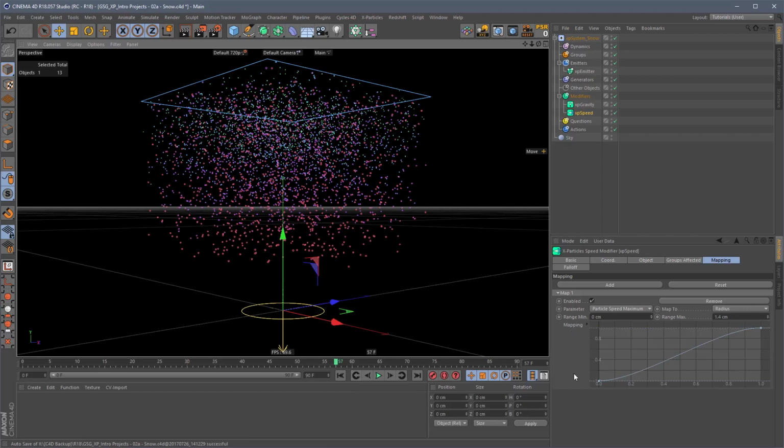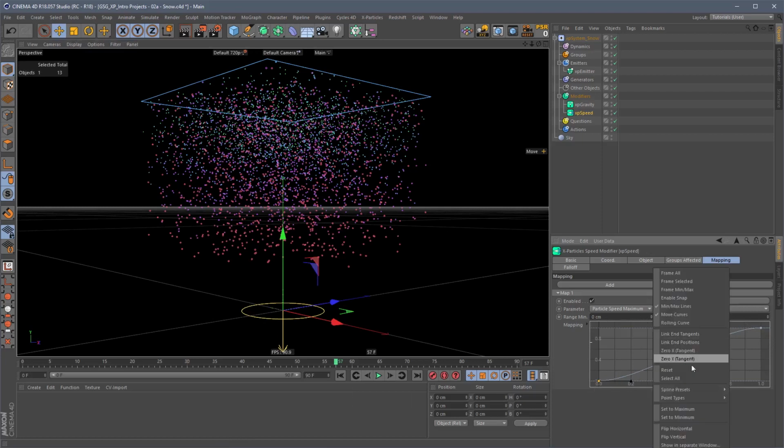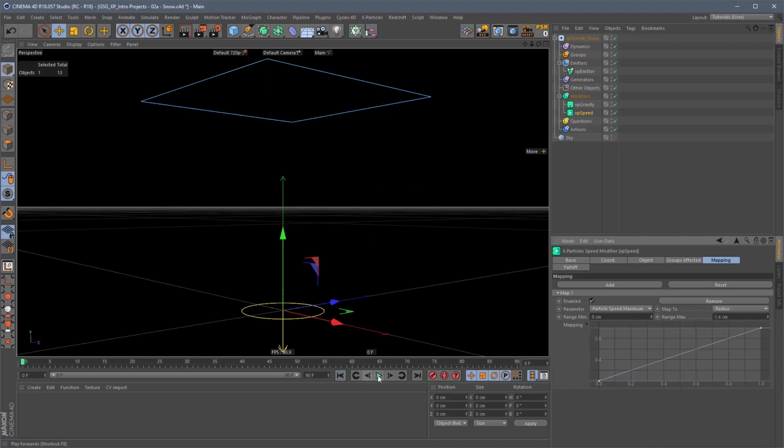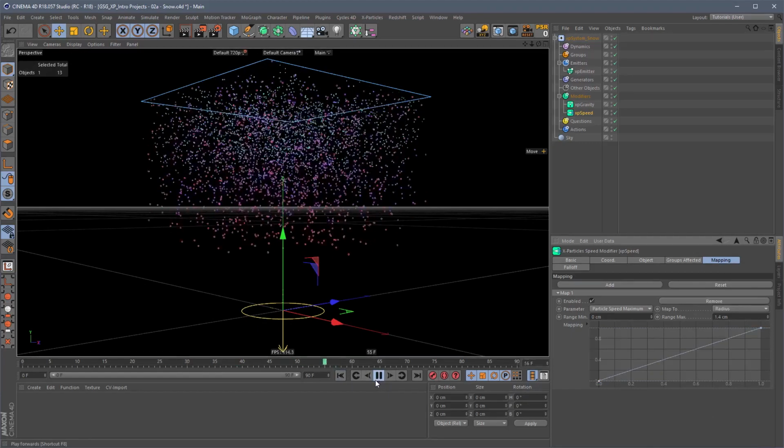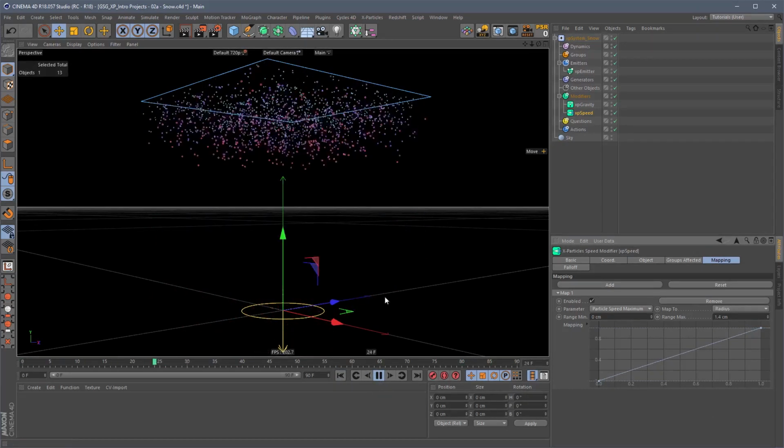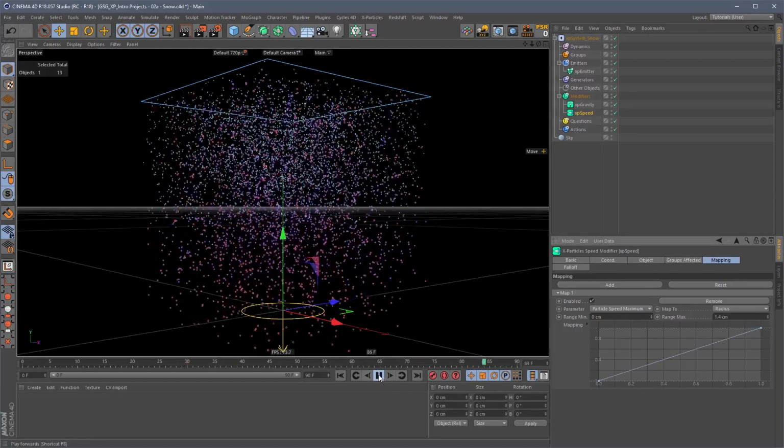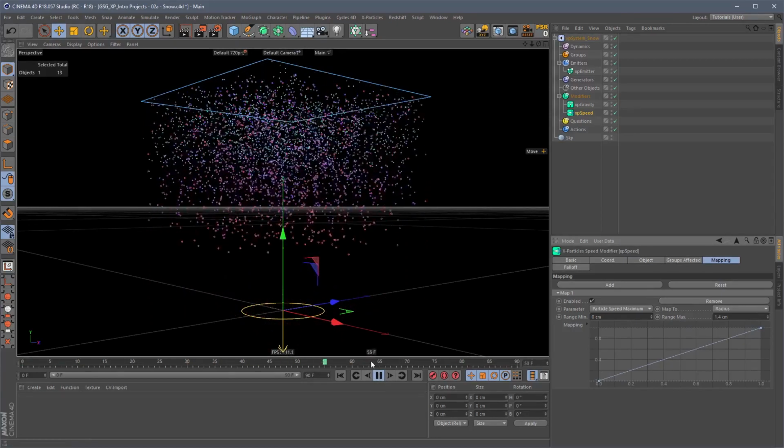So if I change this mapping, I've just realized that a curve doesn't help us here. We want a linear relationship between the speed limit and the radius. So you just right click the graph or the curve, and you go to spline presets and linear. So that's fine. That just means we'll get a better distribution. There we go. Okay, so next up, we're going to actually add some turbulence to the particles,